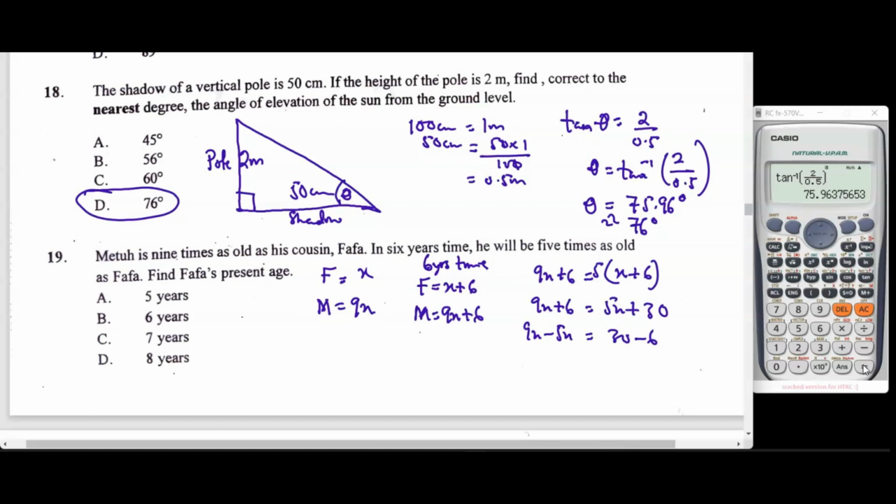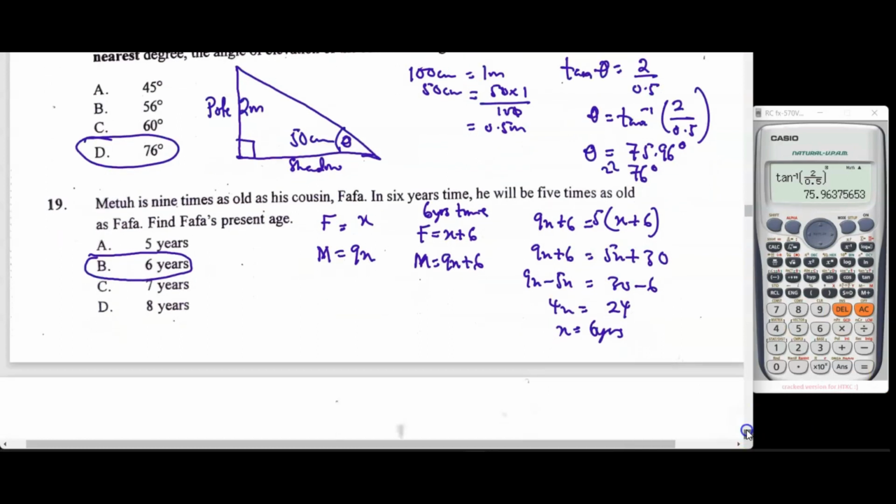And therefore, 9x minus 5x will give us 4x, which is equal to 24. Dividing 24 by 4, that will leave you with an answer of 6. So x will be equal to 6 years. So therefore, it tells us that Fafa's present age is 6 years. Going further,